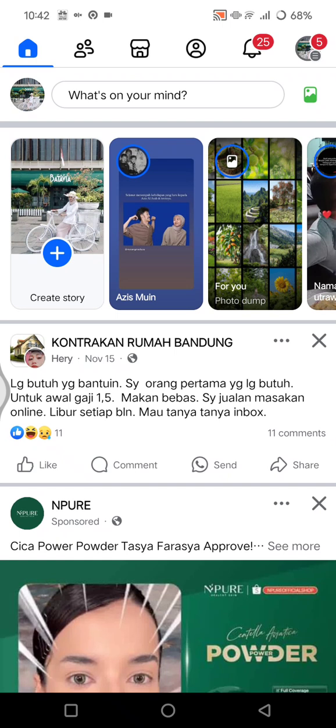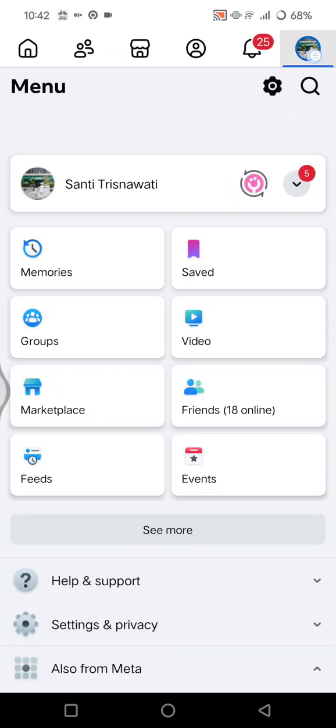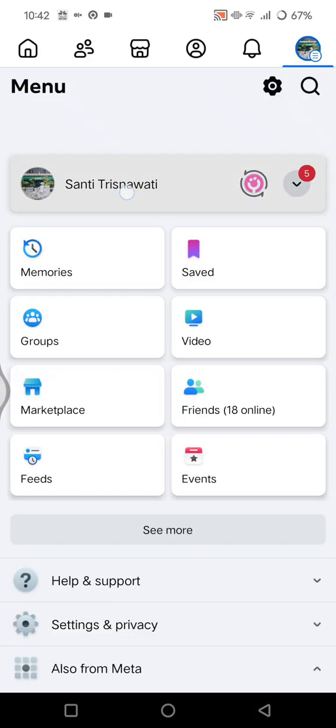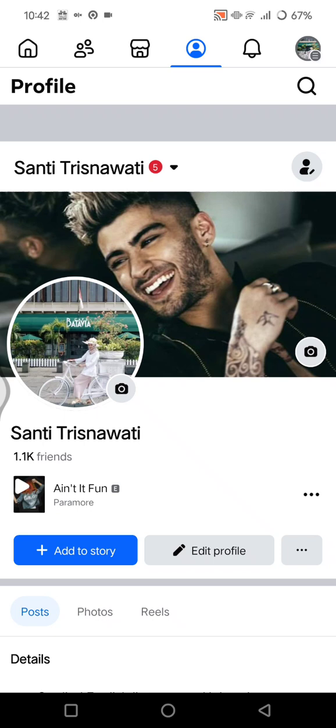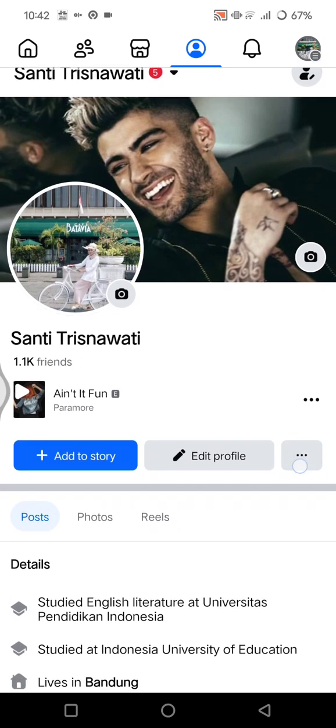So you can just open your Facebook app on your phone. Then you can go to your profile by clicking on these options right here. Go to your profile, and then you can access your profile settings. You can click on your profile in here. Then you can click on the three dots icon next to your profile in here. Click on this,